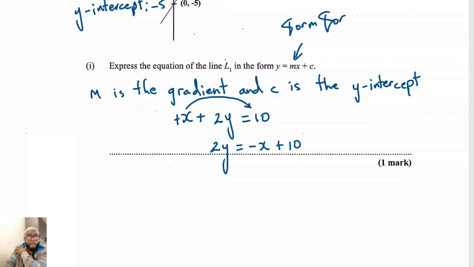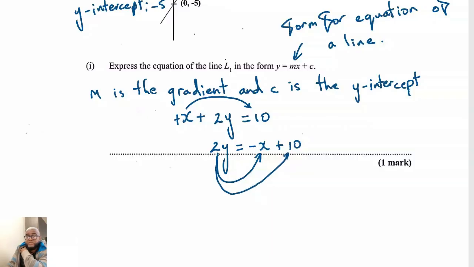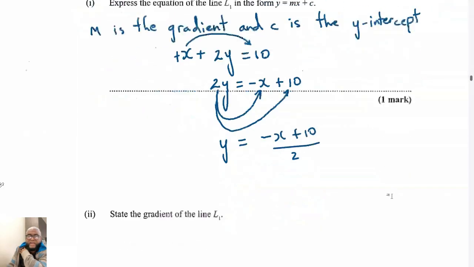Form for the equation of a line. Everybody good there? Yes, sir. Form for the equation of a line. Then I will need to take this 2 and carry it here, and I'm going to divide it by both things on this side one time. It's actually going to be y is equal to negative x plus 10 over 2, which means you have to divide it by both 2's, right? So this will be